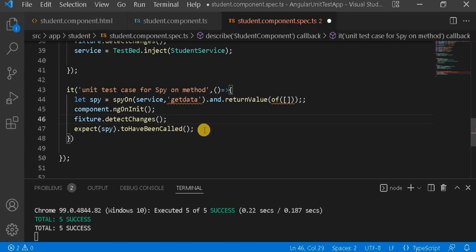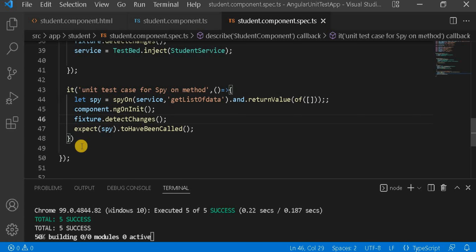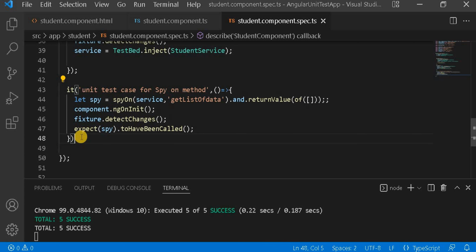For such things we use createSpyObj and createSpy. So spyOn is always used when the method exists. Let's make it like previous. Currently this method exists, that's why this test case is passing.